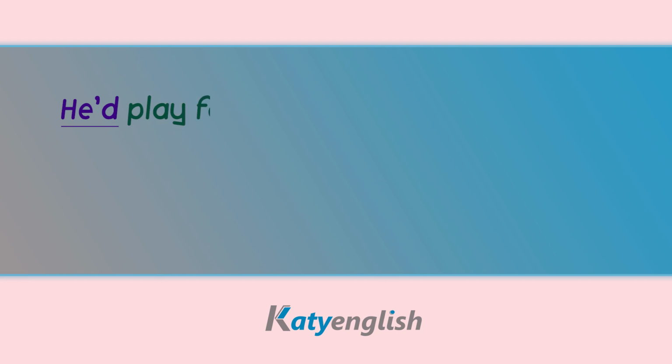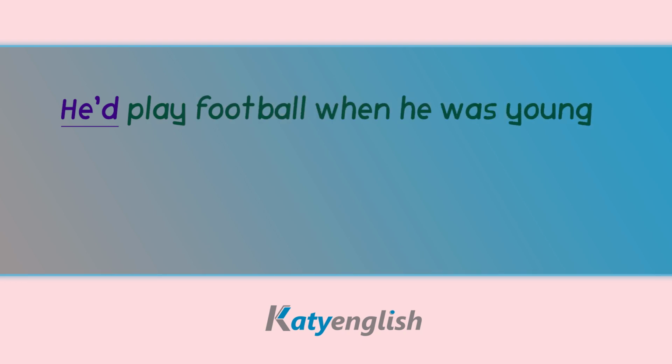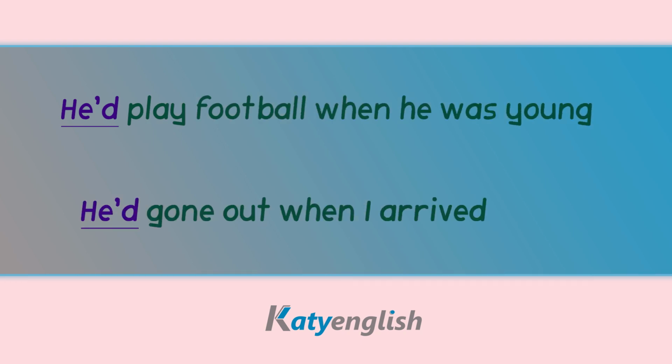Now, as you noticed, the apostrophe D could mean had or would. But how can they be distinguished? Well, take a look at these two examples. He'd play football when he was young. And he'd gone out when I arrived. To know the difference, always look at the verb after the contraction. If the next verb is the original verb, I mean the bare infinitive without to, then that apostrophe D must